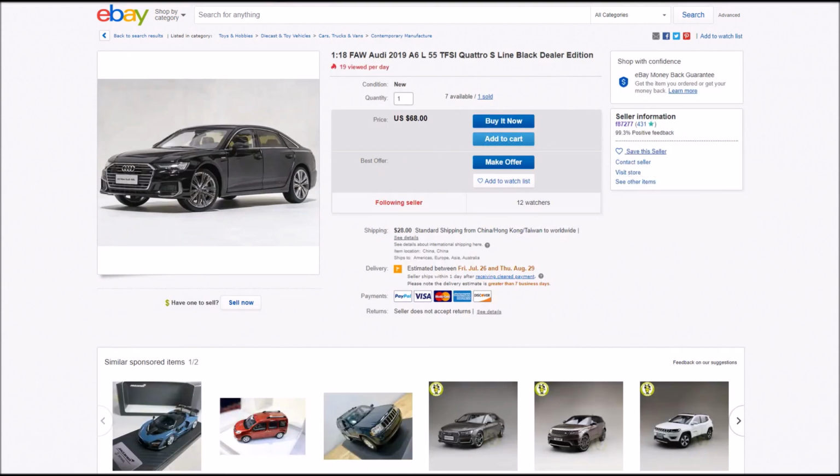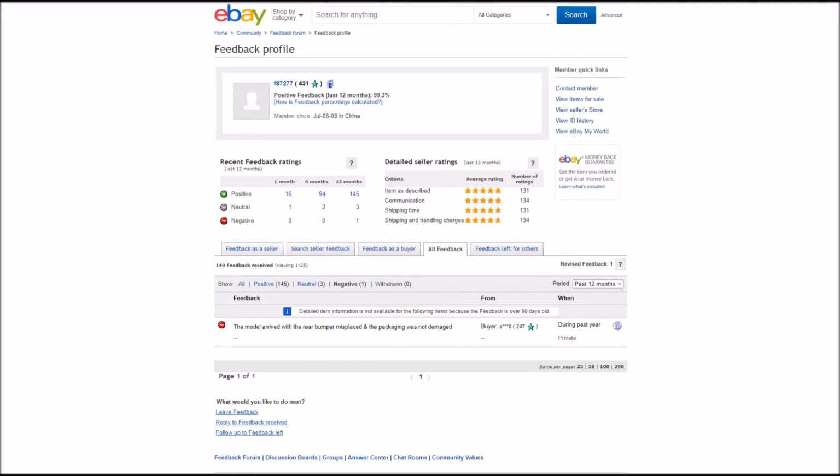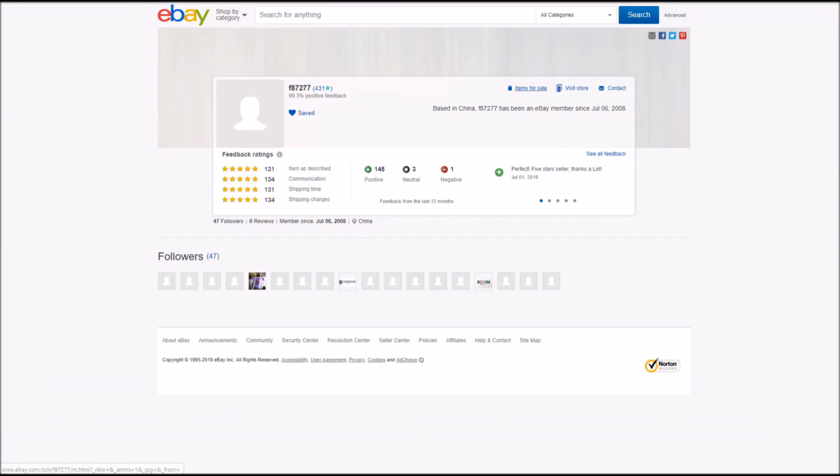So what that does is it'll save the seller into a list of favorites so that the next time you open eBay, you can go directly to the seller without having to remember his name. And then when you do that, you can also check the ratio of positive and negative feedback he has. If this guy has accumulated dozens of negative feedback over the past few months, then you should be careful buying from him. But if it's just a handful of negative reviews and a ton of positive reviews, then go ahead. But otherwise, you can just click on items for sale